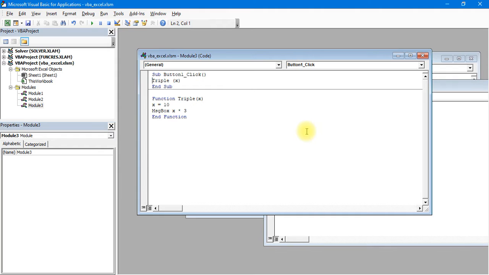If we want to transfer a copy, that is not the original value but a copy of the value, in that case we call it passing arguments by value. So this is the difference. Let us now write the programs, and I will show you how they are different. I will create one more button. In one button I will put by reference, and in another button I will put by value.